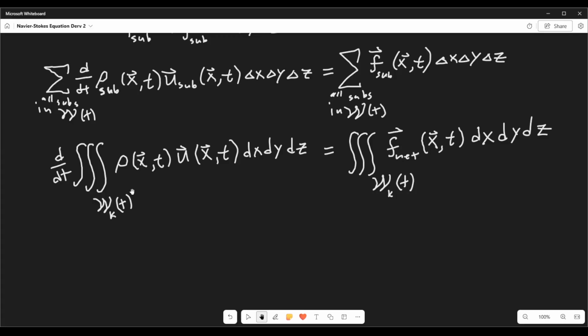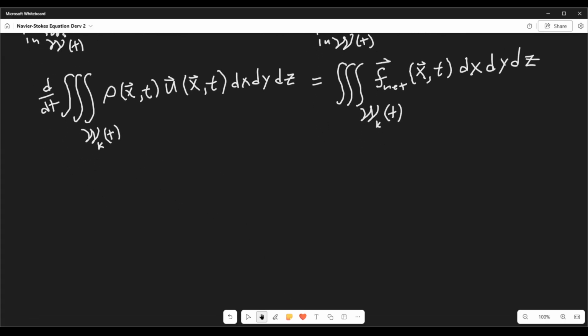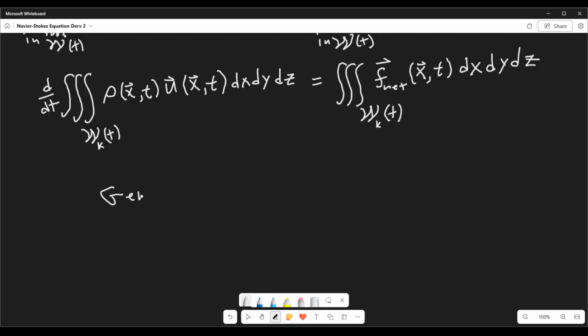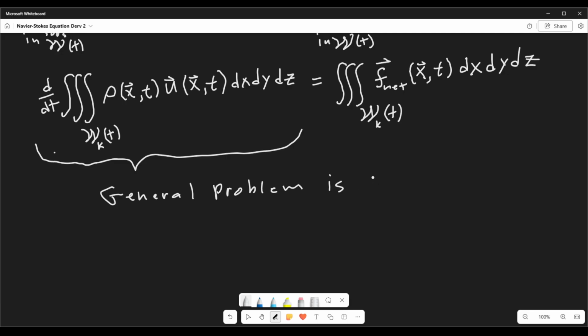So this type of time derivative, in a general sense, unfortunately there's not enough letters, so I'm going to rewrite this again, but the general problem for this guy is solving an equation of the form